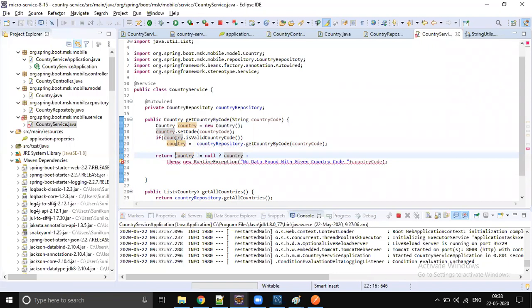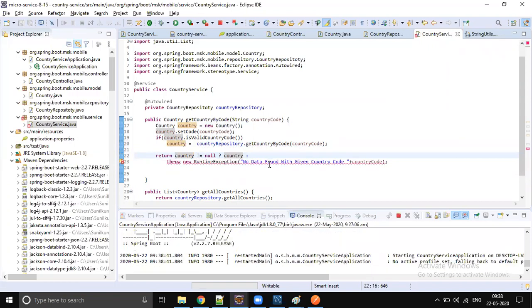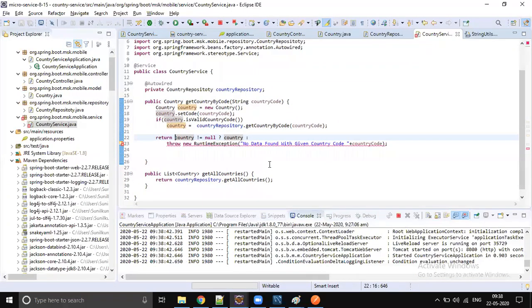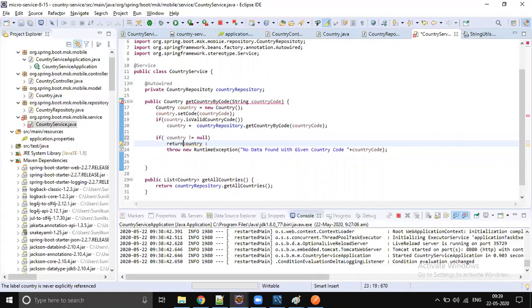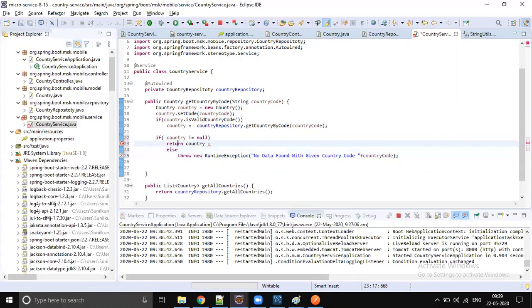If it is null, then throw runtime exception. Okay, that's not working. So let's use an if condition, right? So if it is not null, then return country, else throw the exception. Okay.